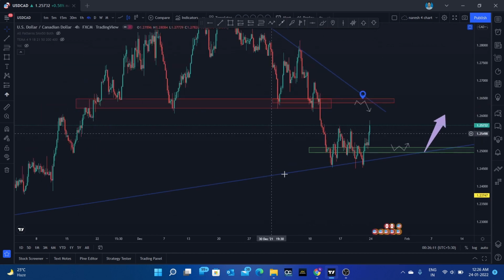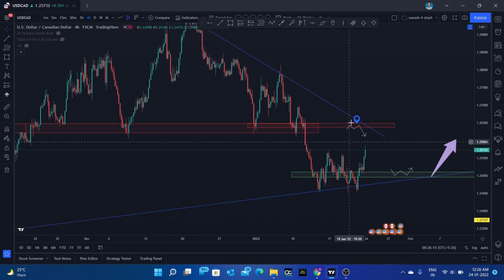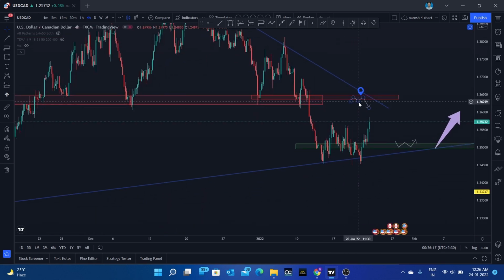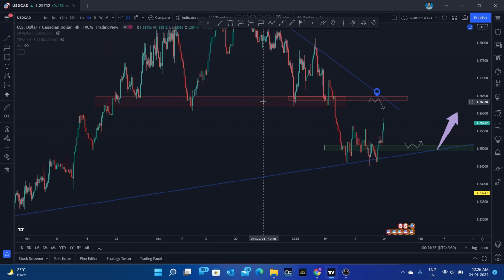And we can see here it is a very good head and shoulder pattern. And I'm potentially looking for short entries in this in the short term. See, we can go for short entries in this supply area, guys. So we are having a very good amount of supply here. And